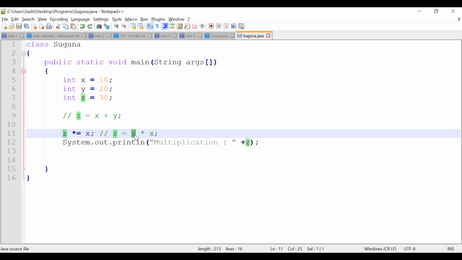Like this, you can mention any of the arithmetic operators, either addition, division, multiplication, subtraction, or modular. You can mention anything. Okay, so these are all about arithmetic operations.